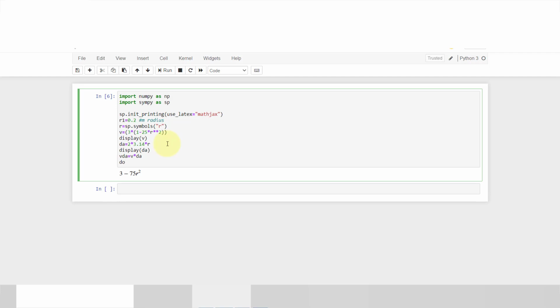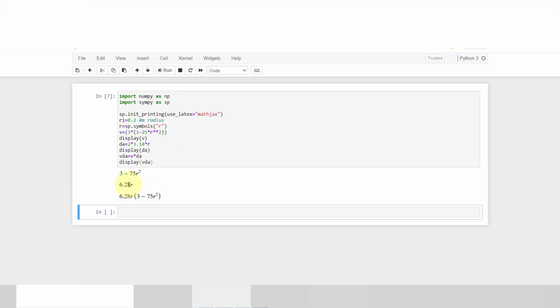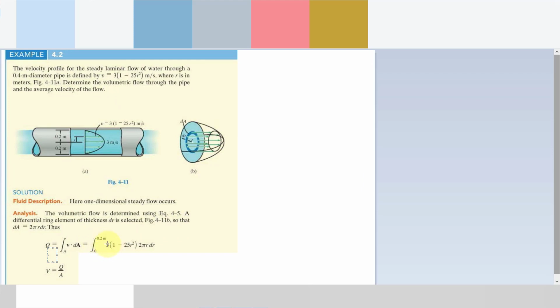Display VdA. So this is 6.28r, and this is the multiplication of 6.28r by 3 minus 25r². So this function is here.